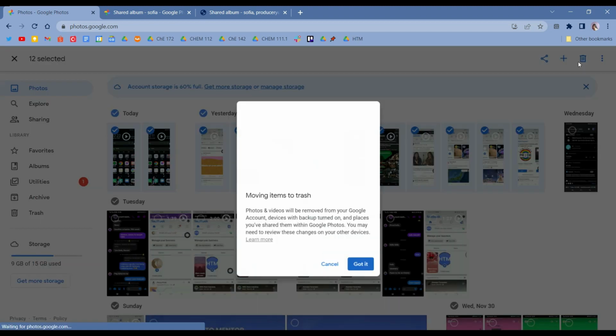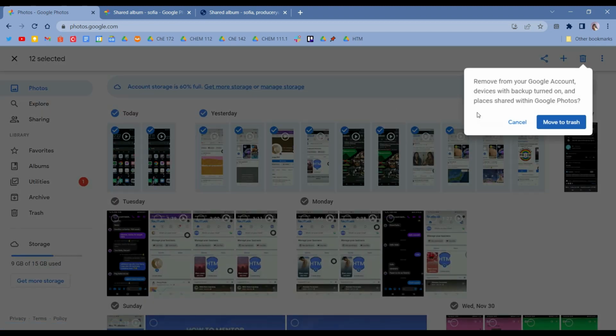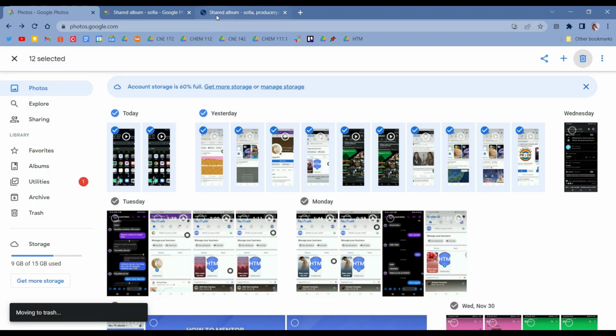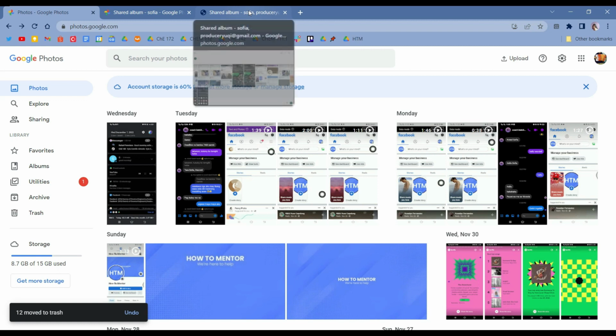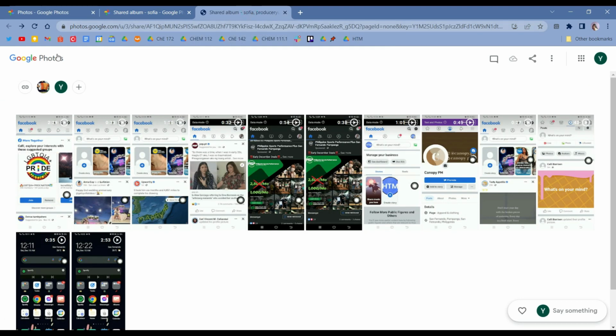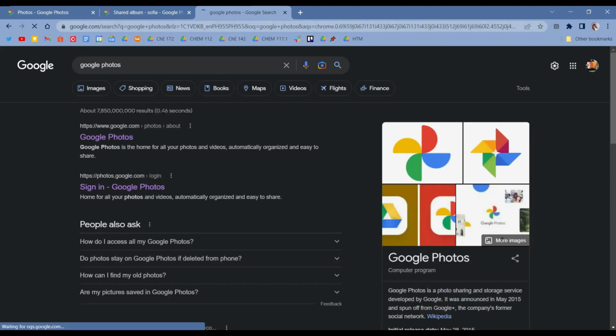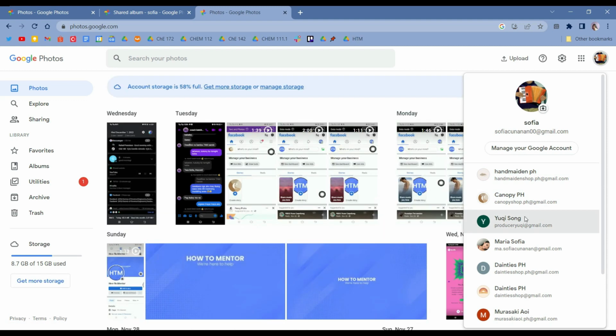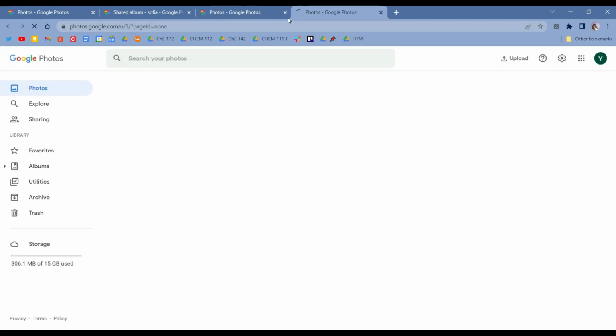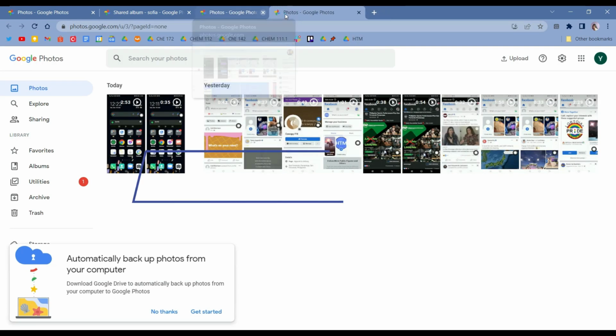let's delete these photos from the previous account. Then when I open this once again, I'm gonna search for Google Photos and then I'm going to open the account and you'll see the videos or photos are still there. So that's how you do it,